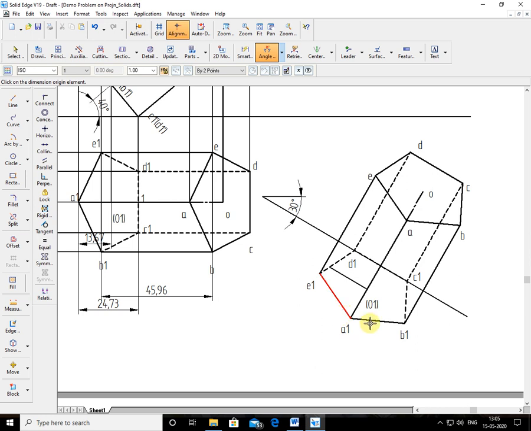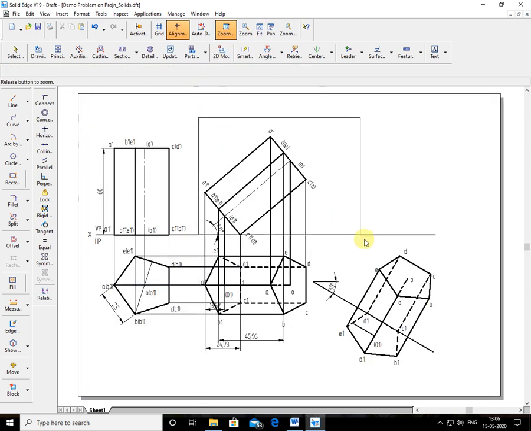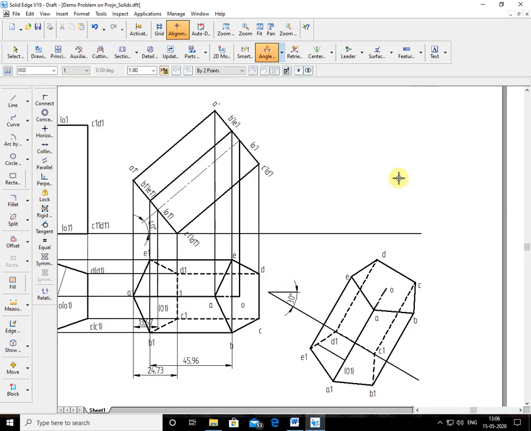Okay. Now you see my cursor here. When I look from the front, I told you I am rotating, tilting this second position figure. You see my cursor. I am tilting anti-clockwise, which means this A1, B1, C1, D1, E1 base is coming towards you, and the A, B, C, D face is going away from you. That means the A1, B1, C1, D1, E1 base is seen completely. That's why you project all those points first.